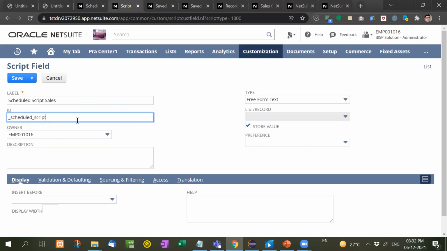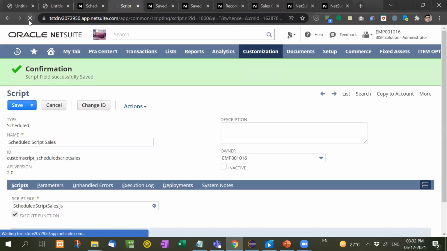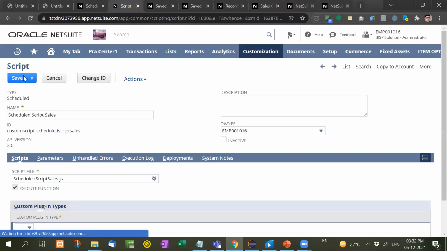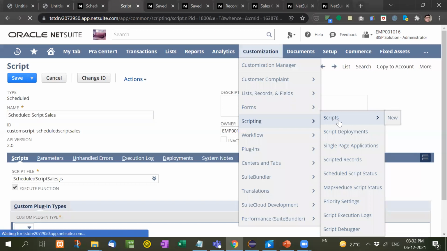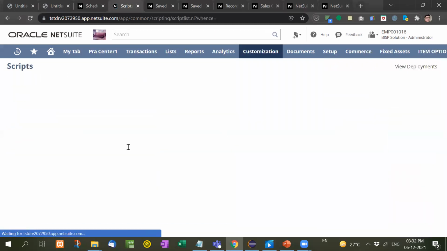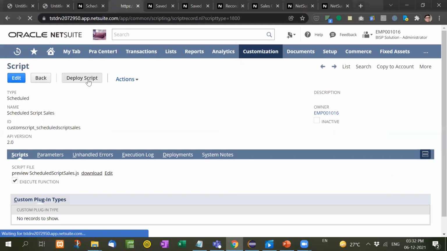Schedule script. Then I will save it. I will refresh it. First of all, again, we have to go to script here. Schedule script sales. Now it has been created. I will go to view. Now I will deploy the script.